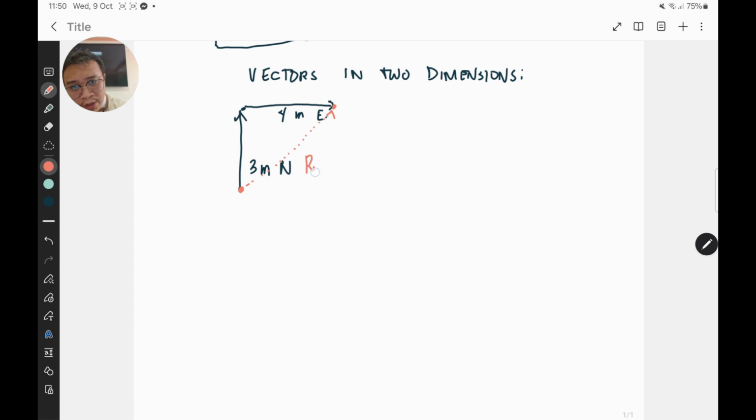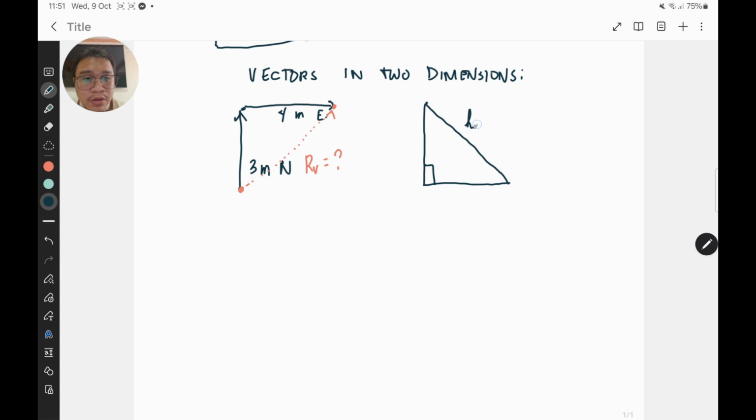So this resultant vector right now will have a certain value which we can calculate using a very simple theorem in mathematics. In this case, we call it the Pythagorean theorem. Recall that in a Pythagorean theorem, using our example here, right triangle, let's label this. This is our right triangle. Of course, our right triangle has a 90 degrees angle in one of its vertices. So, in a right triangle, the longest side is what we call the